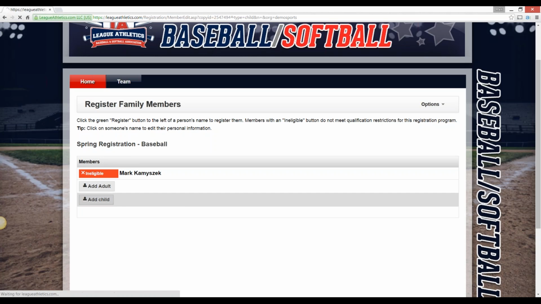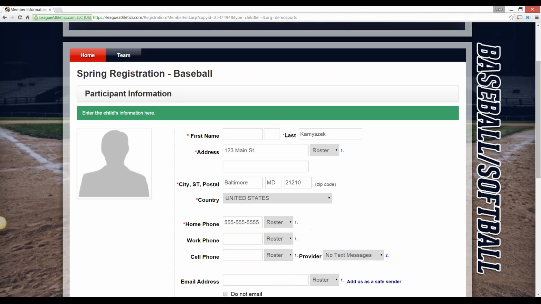So I'll click add child. And this is going to ask me to enter the participant's information. And as you can see, everything is already filled in based on my information. All we really need to do is fill out some simple details about them. So I'm going to enter this person's name,